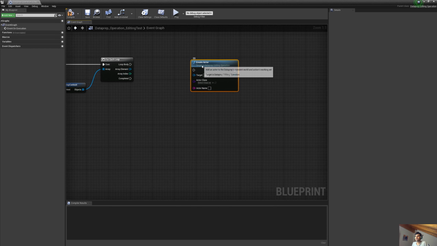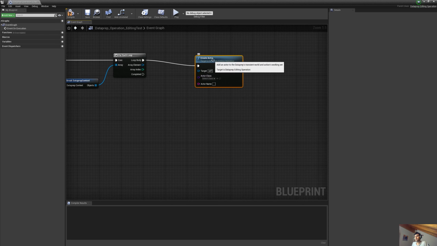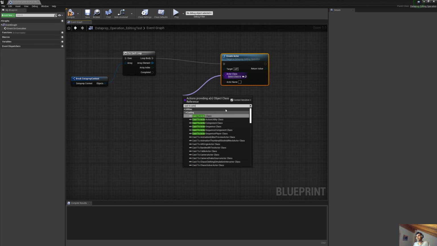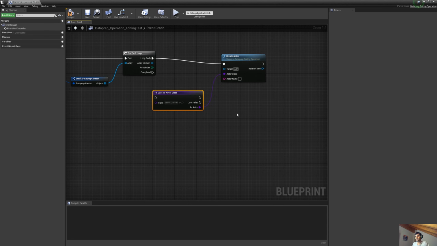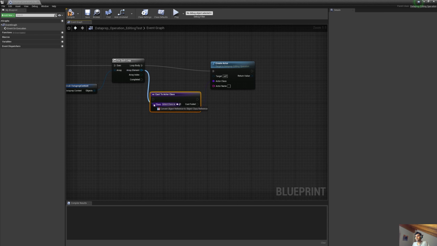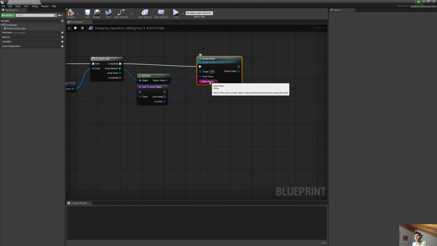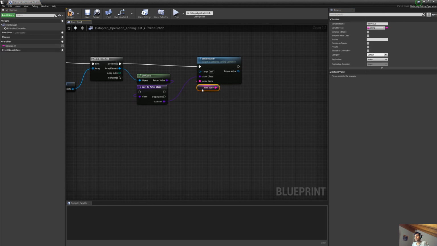And then for actor creation, just give it an actor. The target is going to be self, of course. Execution pin. What type of actor, what type of class would you like to create? I'm going to create just cast to actor class, and then the element is going to be here. I'm going to create the actor class, and I'm going to give it a name, for example, actor name, a public variable,